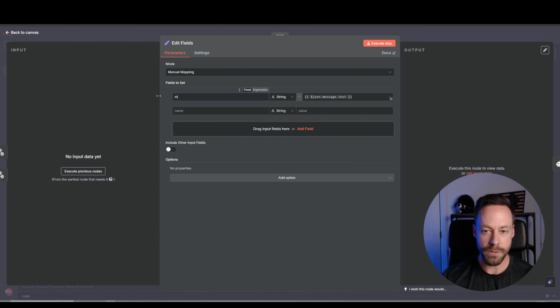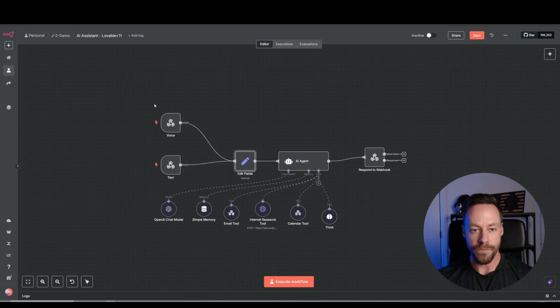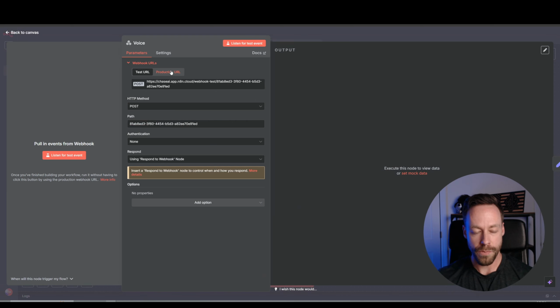So what we're going to have is message and UUID. That'll be the message that comes from the voice agent, and then every single message, every single conversation is going to have a tag associated with it, some sort of identification that we use for the memory piece. Now we'll have to eventually map this when we run it once, but we can leave this blank for now. And you can come back in here, go to production URL, copy this,